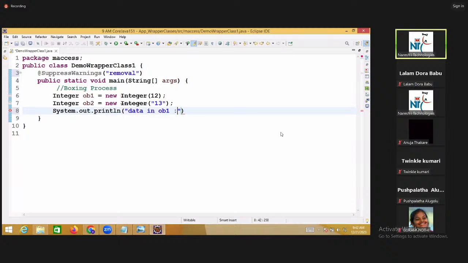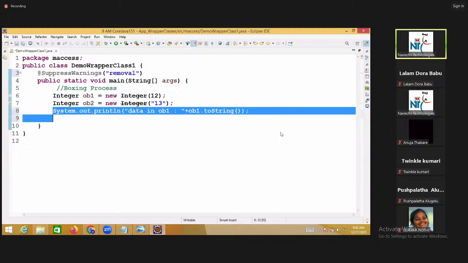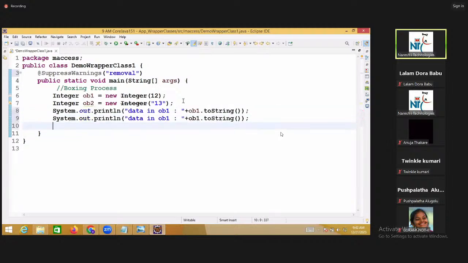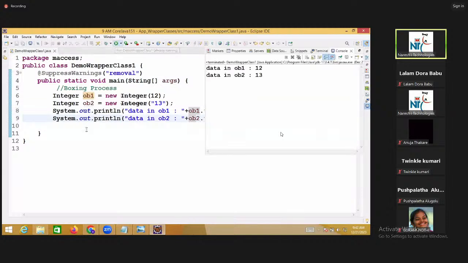I am printing ob1.toString. Data in ob2, ob2.toString. I am displaying, that's all. I am running, the answer will come.